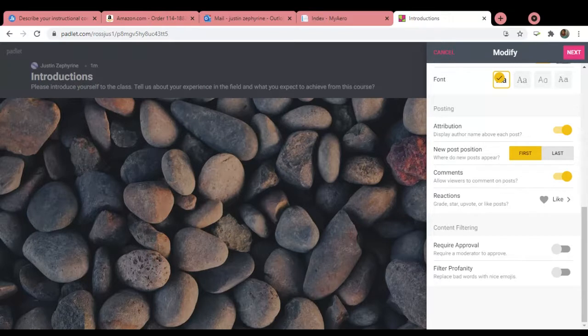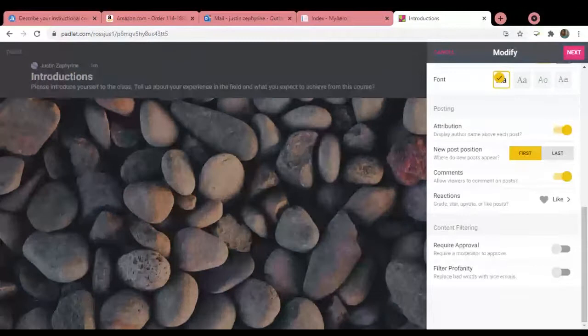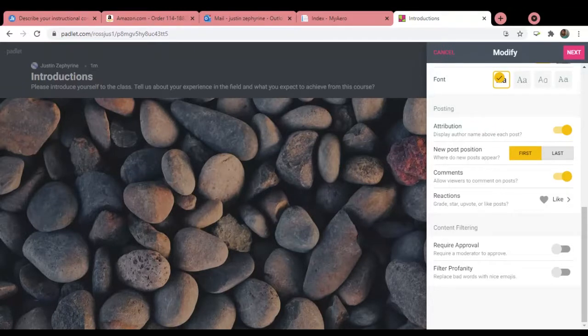And there's the profanity filter. It's up to you, if you know your students, of course. Remember, we were talking about the instructional context, which we'll get back to. But you may or may not enable this as well. All right.